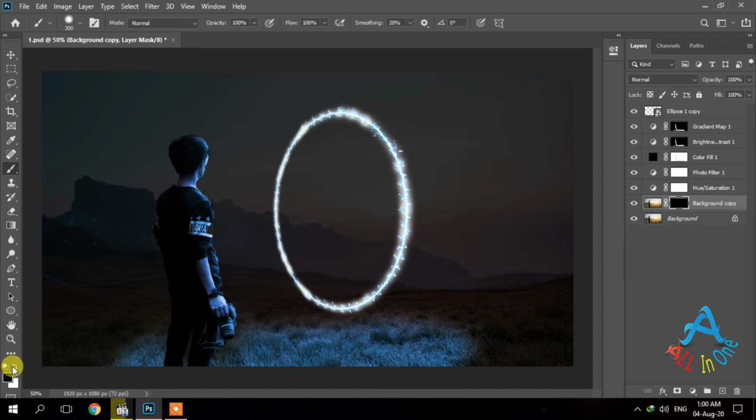Change the color to white and brush inside the circle to create ripples in the circle. Only brush white color in the circle to create ripples.